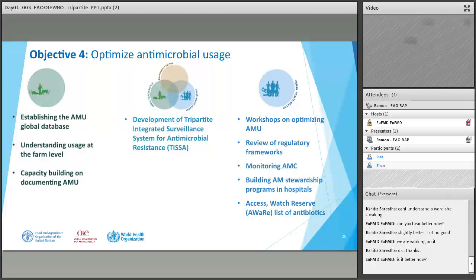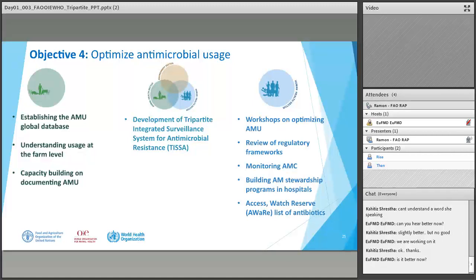Then it is the same with the human health sector. WHO is doing a lot of activities to support the countries to improve monitoring and reporting of antimicrobial usage at the hospital levels, at community levels, and doing a lot of stewardship programs. Probably you understand what I mean by stewardship. After some time, no new molecules of antibiotics were developed. So we have to safeguard all these existing molecules for the future. That is why these stewardship programs are there, at hospital levels and at different community levels.